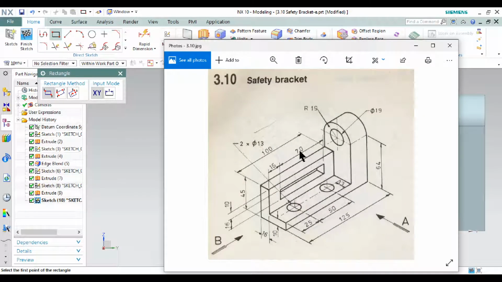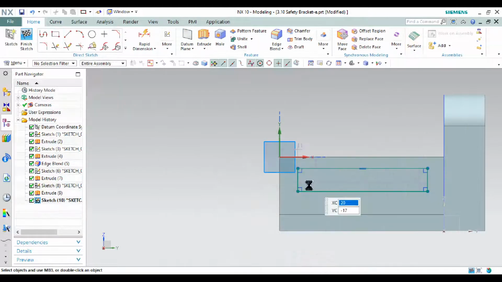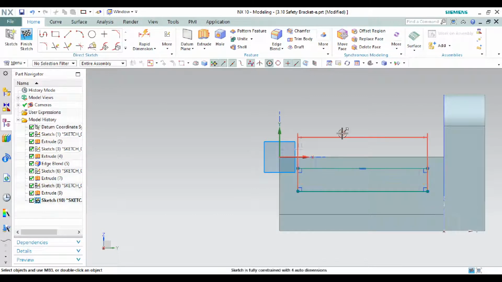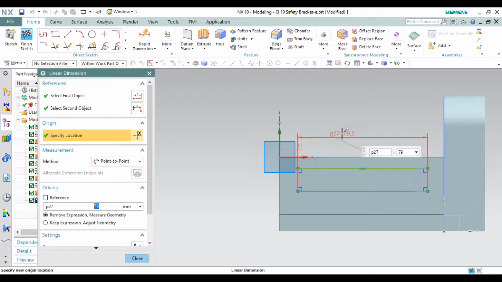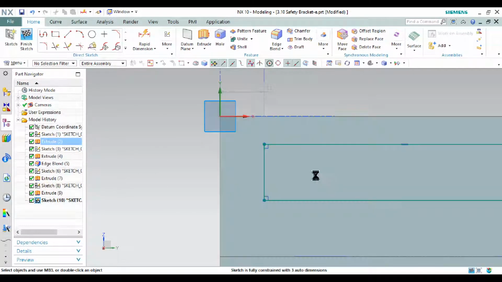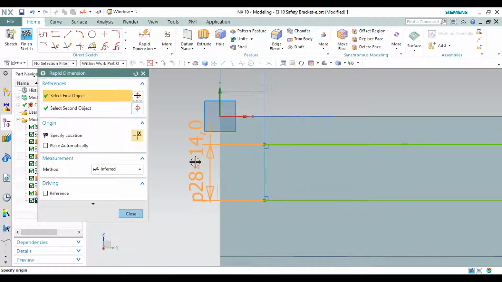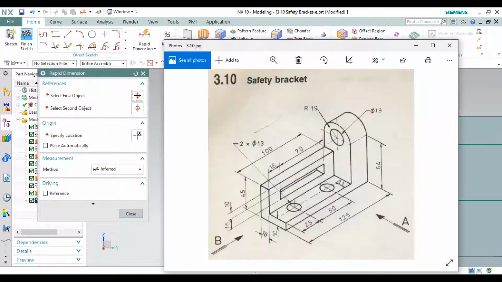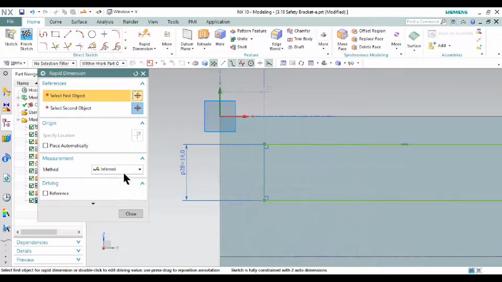For the long is 17 and the wide is 16. Click twice 17, and then click D on your keyboard, click this line, and then define the dimension. The dimension is 19,